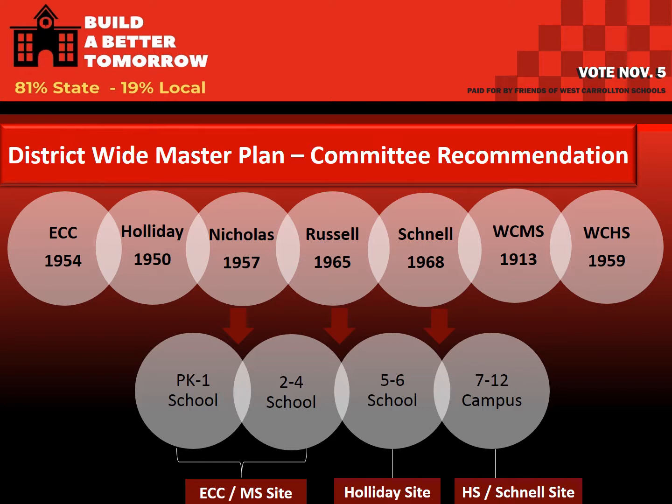The district formed a facilities steering committee 2 years ago to evaluate the current schools, compare the data to the OFCC master plan, and put together a plan that would be cost effective while providing the needed services for our students and our community. The steering committee combed through the OFCC master plan and identified the best educational delivery model